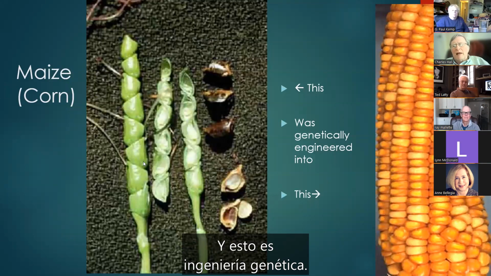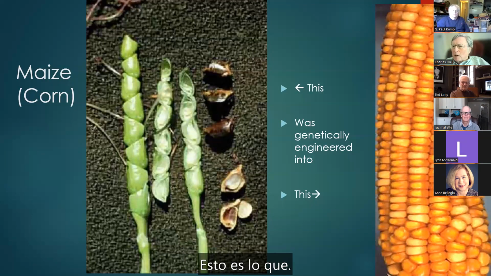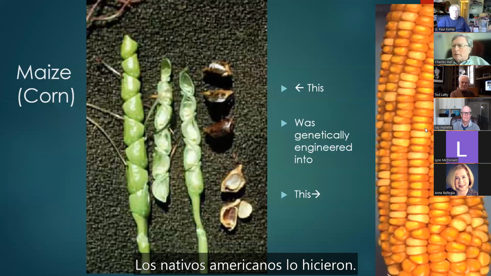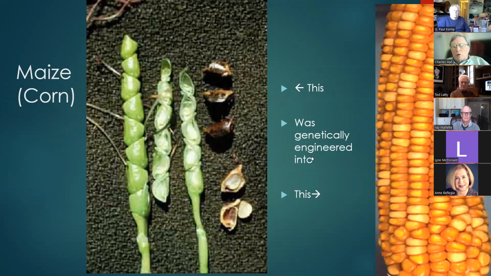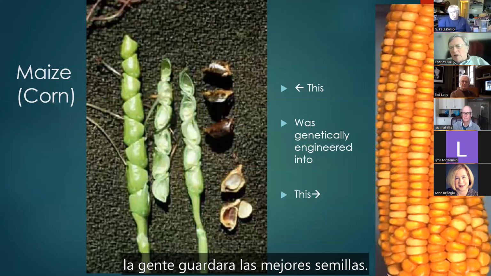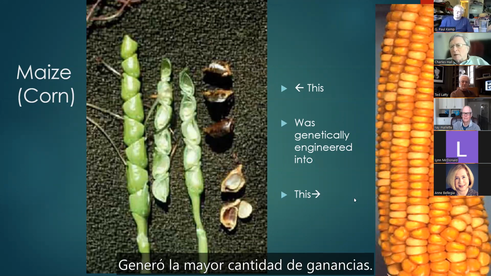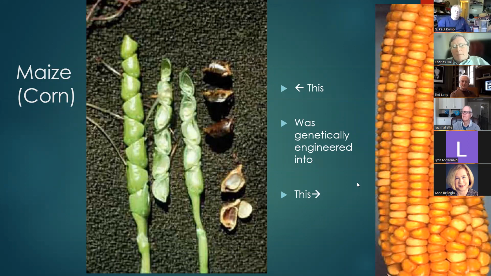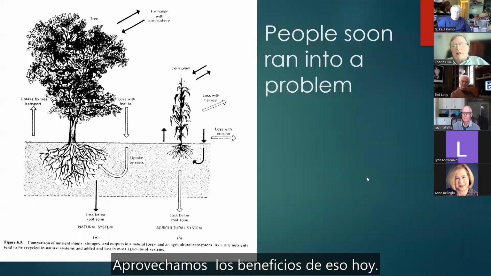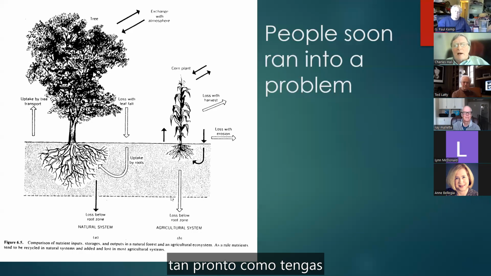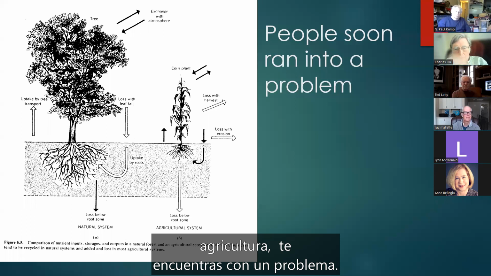And this is genetic engineering. This is what early Native Americans did to turn this plant, which is the origin of corn, into the plant we see today. So the people saved the best seeds, those that generated the most profits, the most energy, and we reap the benefits of that today. Now, as soon as you have agriculture, though, you run into a problem